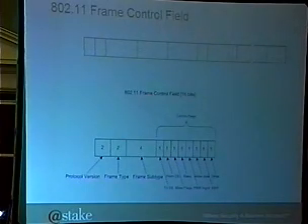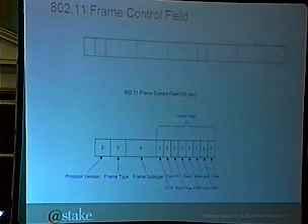To DS is usually what a station sets when it's sending a frame to the distribution system, to the access point, to be received by another station. From DS is coming from the access point. Fragmentation field, which you see being set when you expect your wireless medium to be excessively noisy and you're worried about frame loss. Retry bit, power management, more data, WEP, other, and so on.